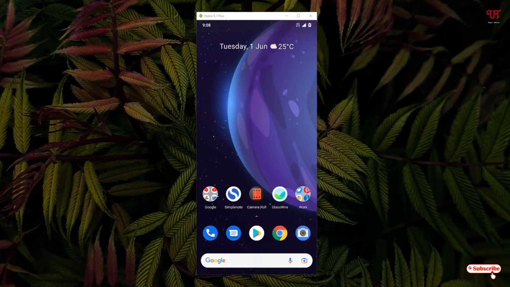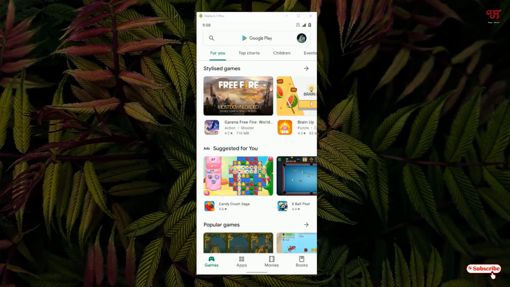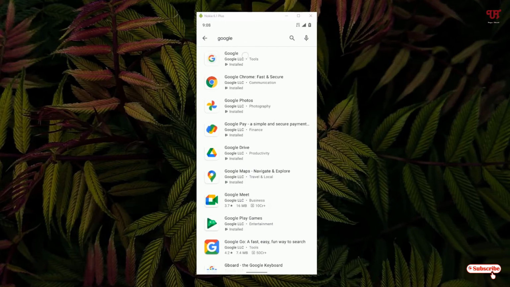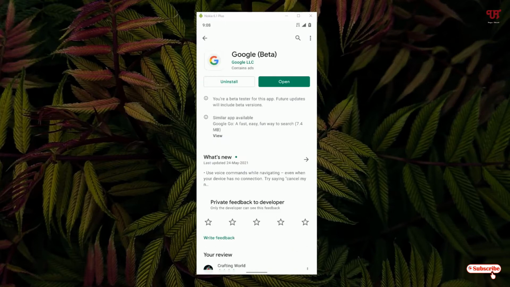So if you have not installed the Google application, then firstly just go to the Play Store and search for Google, and you can see Google on the first list. Just click on it. Yes, I have already downloaded and installed it, so I'm not going to do it again. So if you have not installed the Google application on your Android smartphone, then firstly install it, and after that,